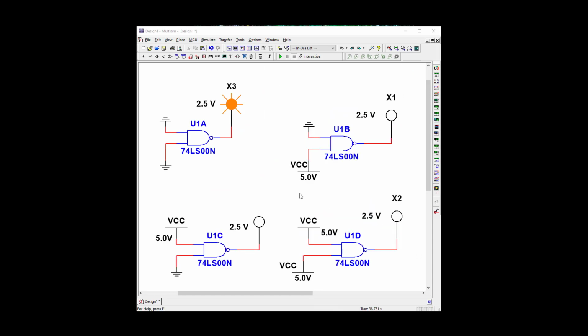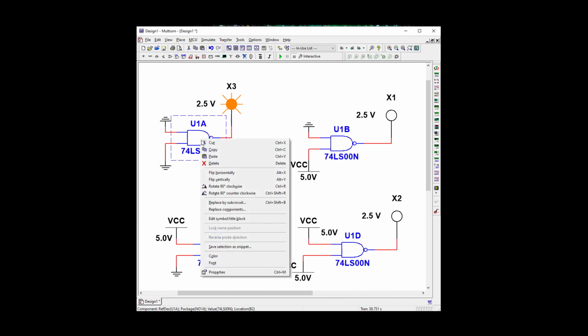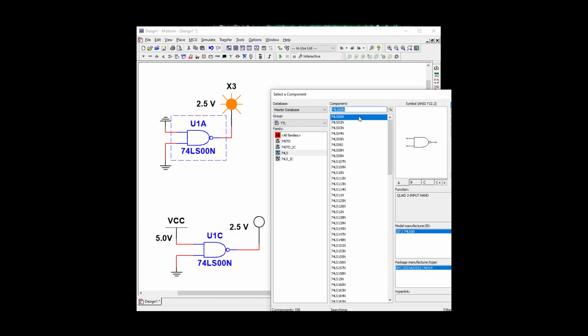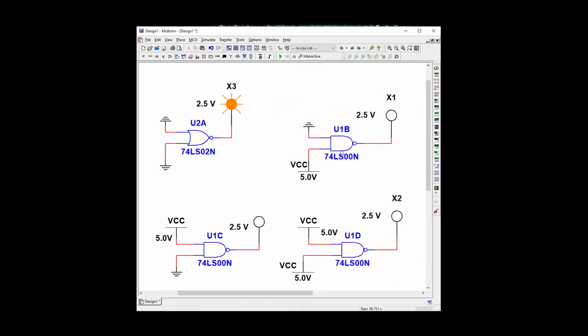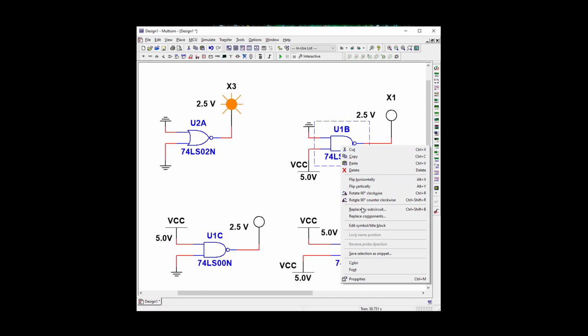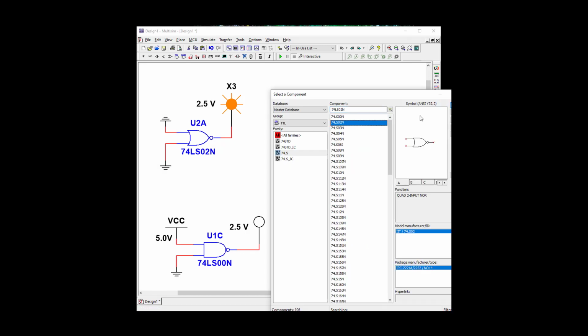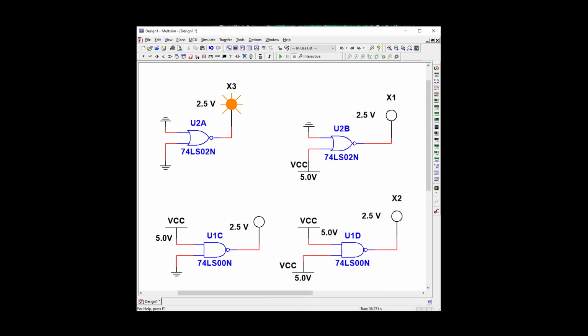Okay, we're back to our Multisim, and I've gotten rid of the DMMs and replaced the probes back. What we want to do now is demonstrate the truth table for a NOR gate, and we could completely redo this circuit, which is not good. So let's click on it and replace components, going back up to 7402, OK, and select A. Right click, replace components, 7402, OK, B,